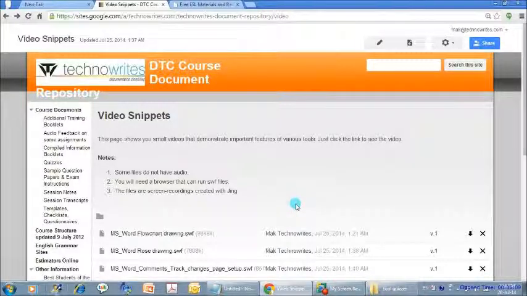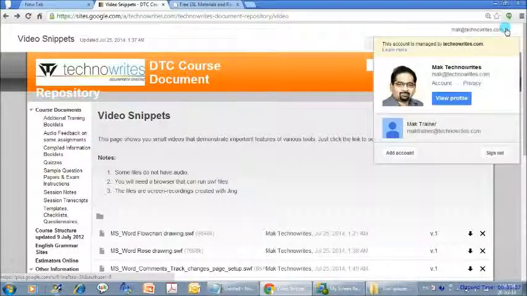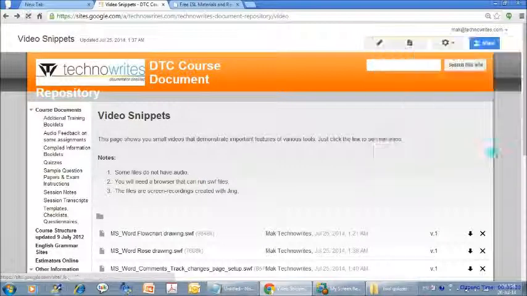So which could be very useful because you don't have to keep on coming back to doc repository. Once you have subscribed to the changes, I think you'll automatically get the updates. But all the important information that you need is right here. Once again, let me mention that to access the doc repository, you have to be logged into your Gmail account. And I may just simply sign out, and then you'll see that the doc repository will not be accessible to me after I sign out.